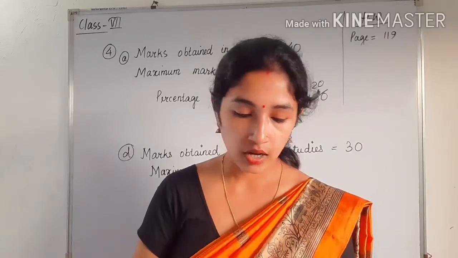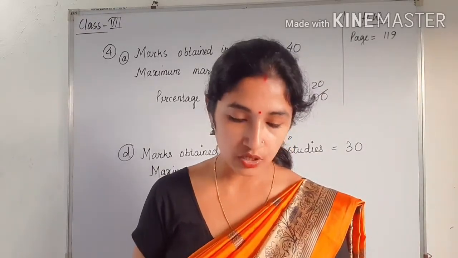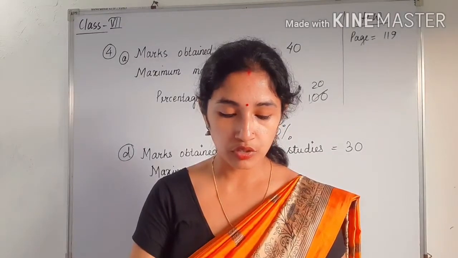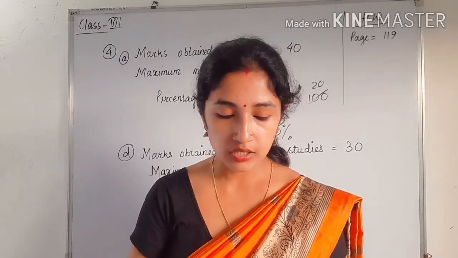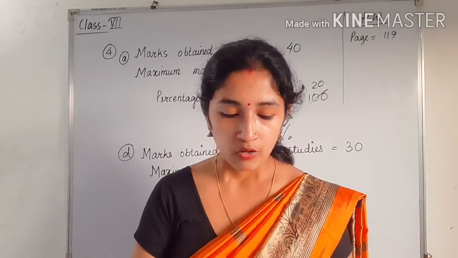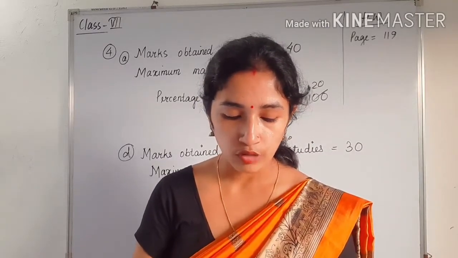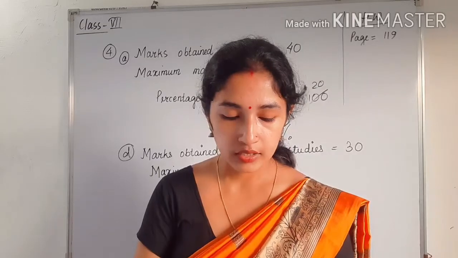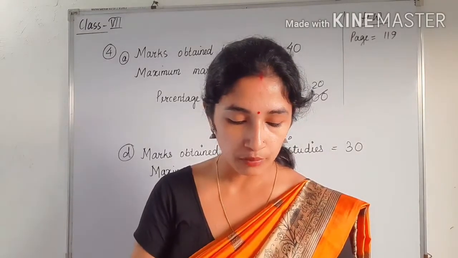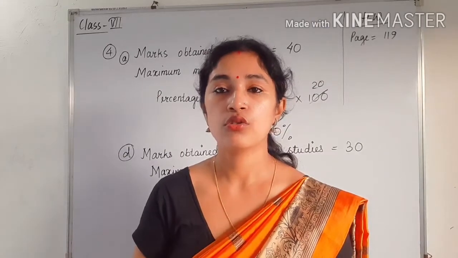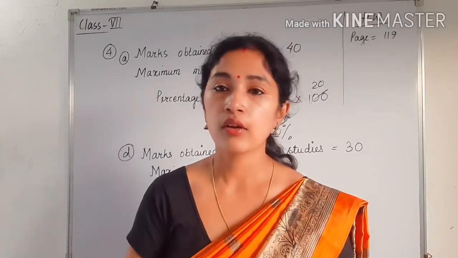Next, come to the next page, that is page number 119. Try this. There is a box, you have to try that one. Percentage is given, quantity is given, working with fractions. This is given and you have to find the value. Like this, you have to do B to G. So complete this in your book itself. Use your rough copy to do the calculations.